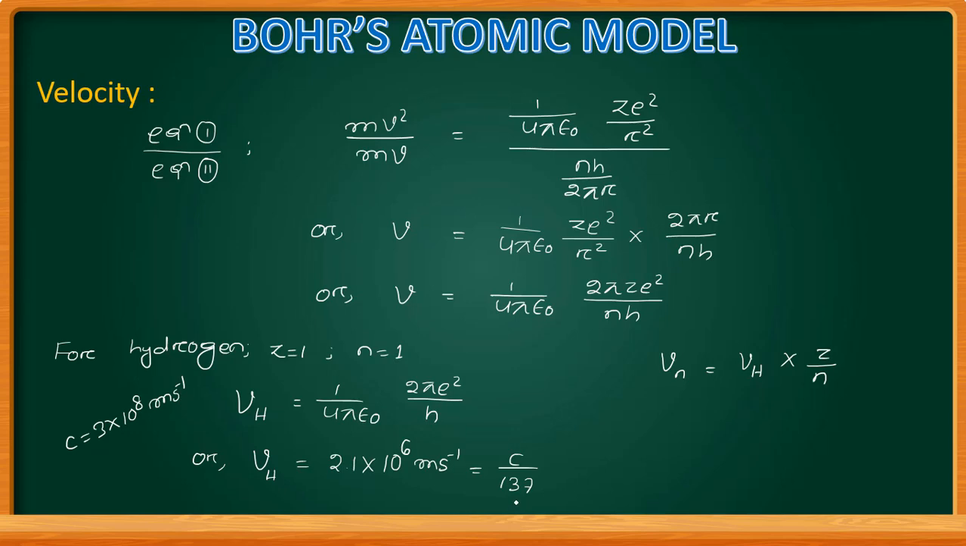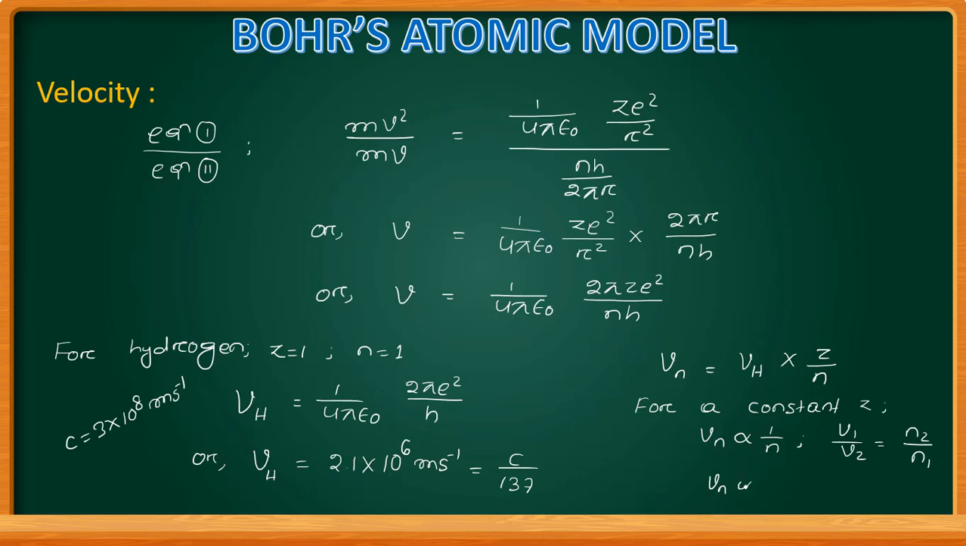upon n. Then also you can write for a constant Z. Constant Z means for a fixed atom. If you change the number of orbit, then you can write Vn proportional to 1 by n, or you can write V1 by V2 is equal to n2 upon n1. Yes or no? Then if we take the same orbit for different atom, that is n constant and different Z,